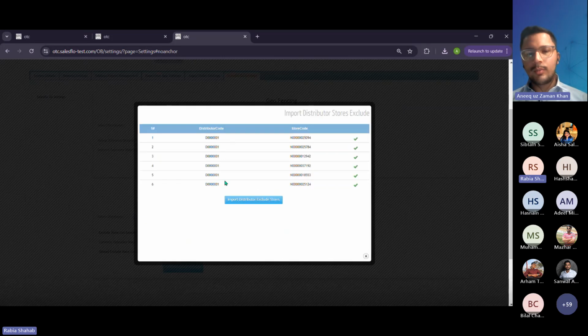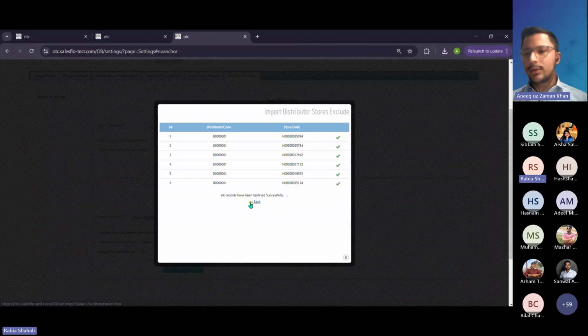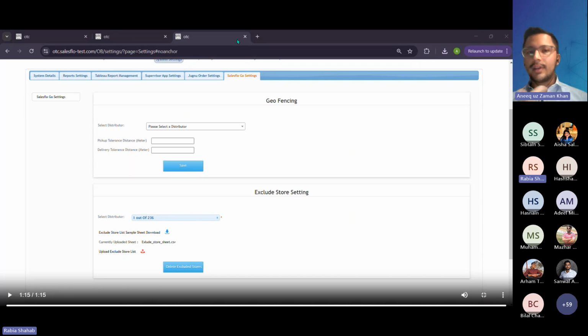In this way, as the video shows, you can upload stores and click on the import button. The stores would simply be imported into the Salesflow system, and they will then be exempted from this particular delivery exemption. So if we come back to the slides,